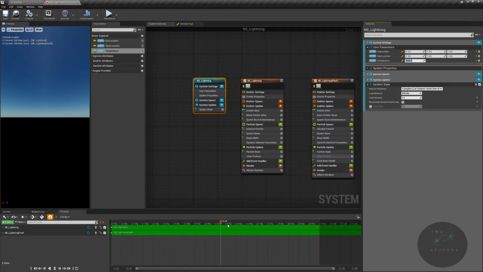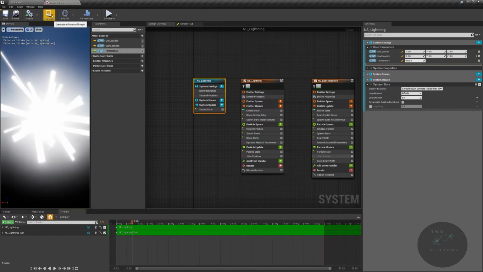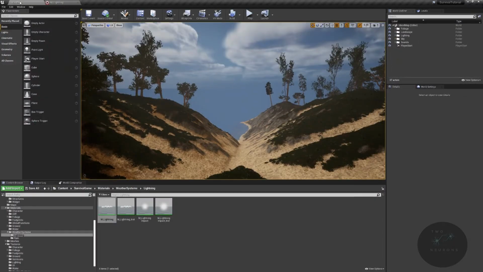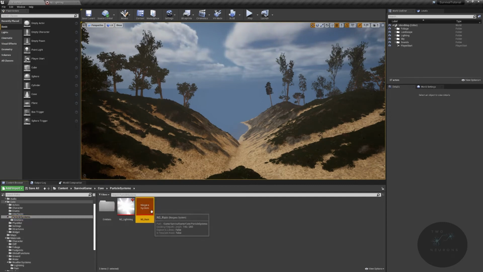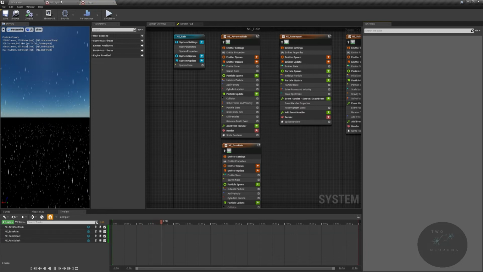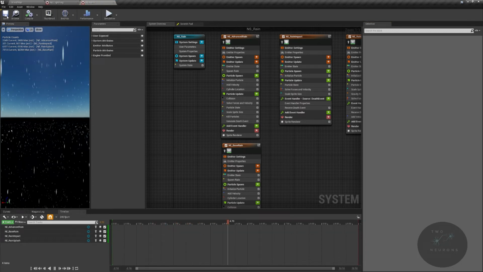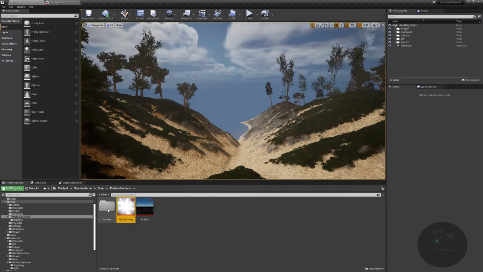Now what I'm going to do is bring this, say right about there, and I'm going to just hit thumbnail and save. If I go back to our particle system, hey look, and I'm going to do the same for the rain. I'm just going to come in here. And this one just keeps playing, so thumbnail, save, and look, hey, you can do the same for the emitters